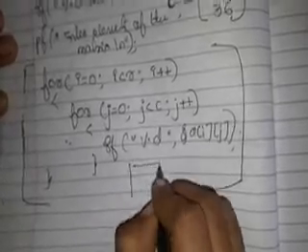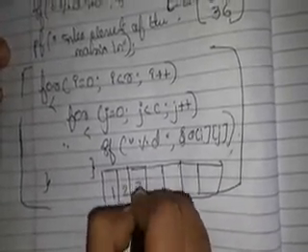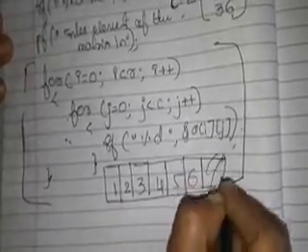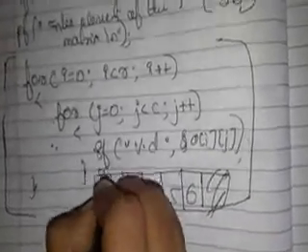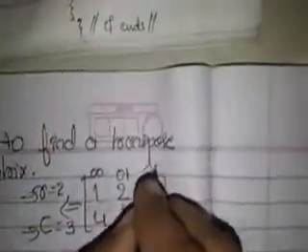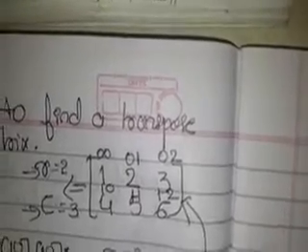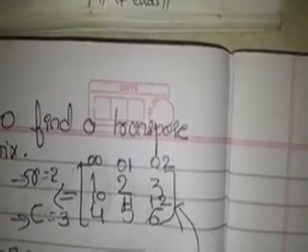Let me take the same example now. See, what are the elements? 1, 2, 3, 4, 5, 6. That is nothing but 0,0; 0,1; 0,2. Original matrix it is. Next to that is 1,0; 1,1; 1,2. In the memory it will be stored like this. What is the meaning of this? 0,0; 0,1; 0,2; 1,0; 1,1; 1,2. Agree with me or not? So in the memory it will be stored in the index form.